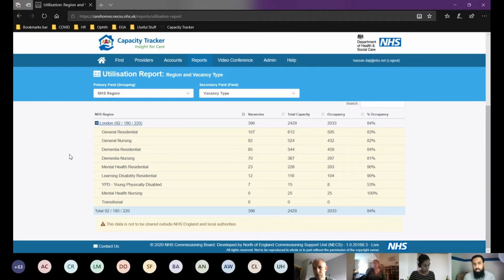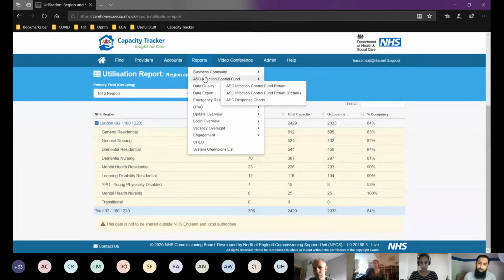Separately, if there is an acute provider, a hospital, a trust that's looking at care homes within that area that can provide for their patient they want to discharge, they would use a separate field which is around finding care home vacancies, community vacancies, and hospice vacancies, which will then pull in this information. And then lastly,